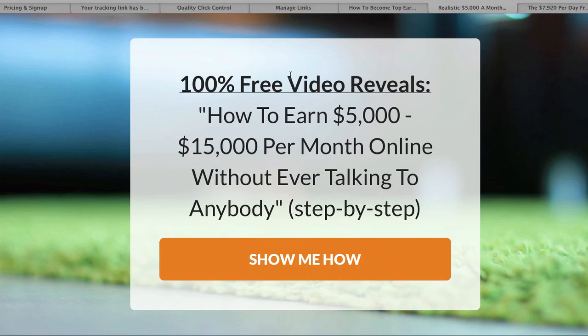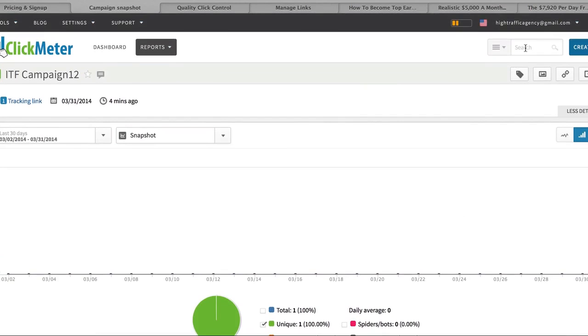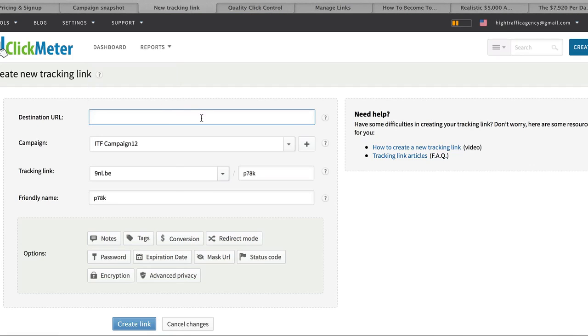Now, I take my next landing page that I created, right? I copy the URL. I go back to my ClickMeter here. Here, I'm going to click on Create New Link, okay? Tracking link, and I'm going to place that link inside of this campaign again, okay? So now, I just copied this URL. Okay, same thing, go back here, tracking link, make sure it's inside of that campaign, right? Paste it in here. I'm gonna name that one,